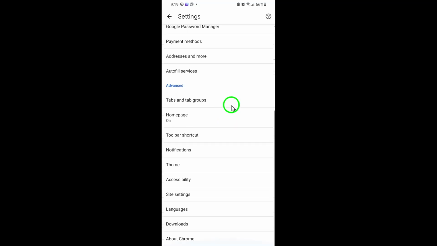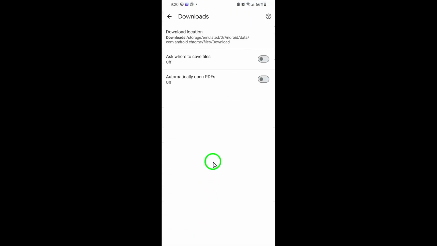This will take you to Chrome's main settings page, where you can manage everything from privacy options to how your downloads are handled. Now, keep scrolling down until you find the section called Downloads. This is where all the options related to file saving are located. Tap to open it. Inside, you'll see different download preferences, and among them is the toggle for Ask Where to